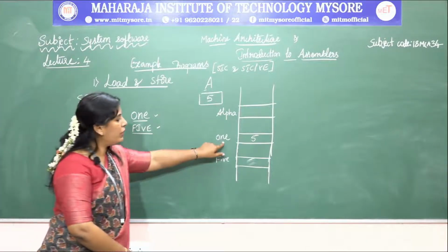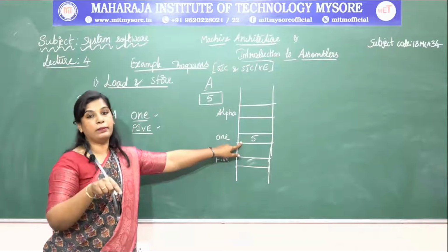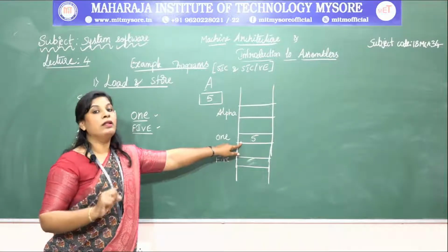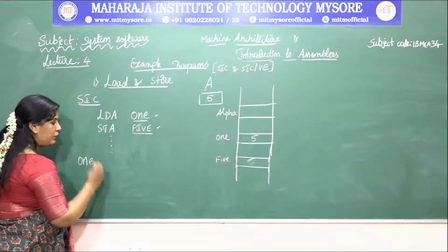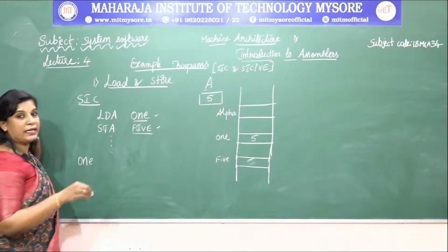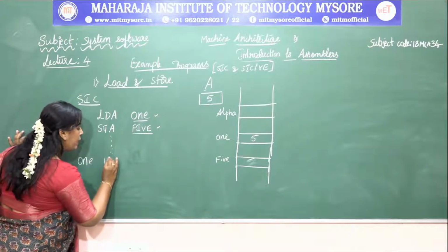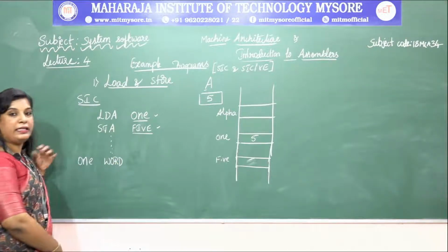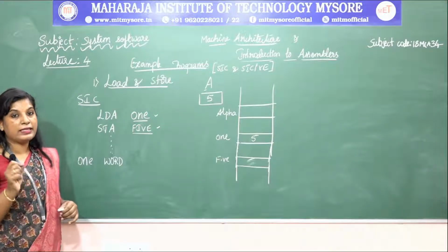The memory location 1, what is it having? The integer value. The integer value is already there in that memory location. It is already defined. That integer value is already assigned to the memory variable 1 here. So it is the integer variable which is already assigned a value 5. So we need to define its data type, the integer data type. In assembly level language, we use WORD. That is an assembler directive.